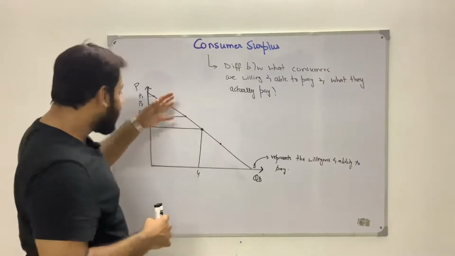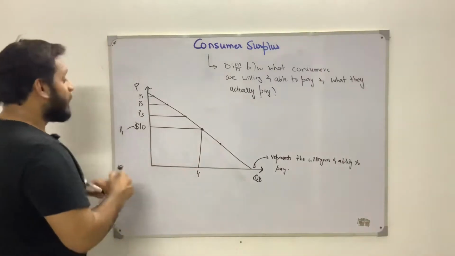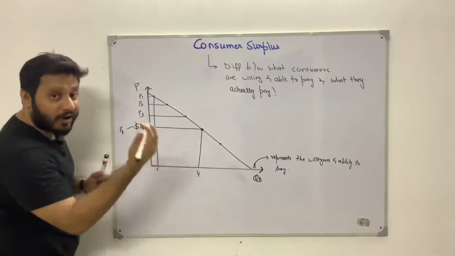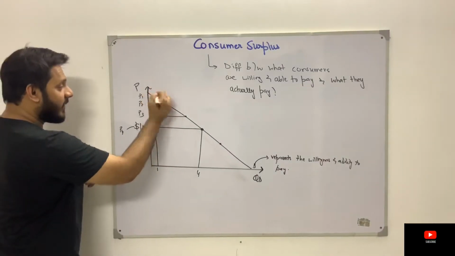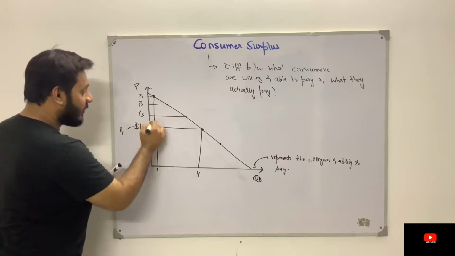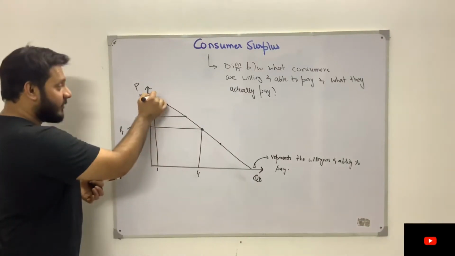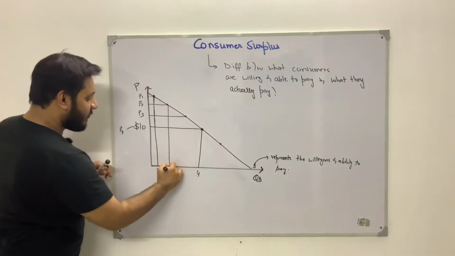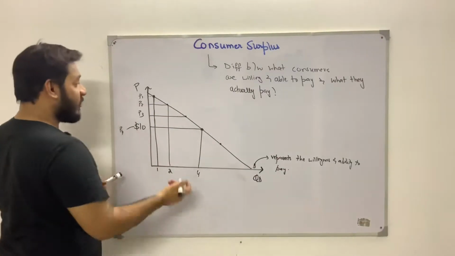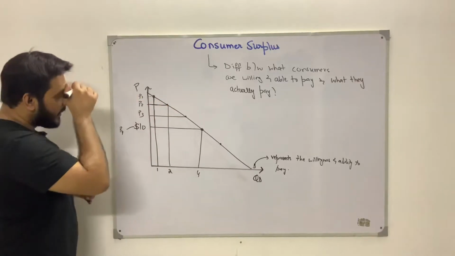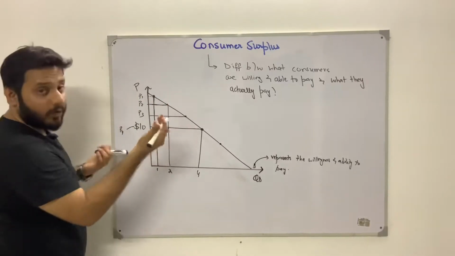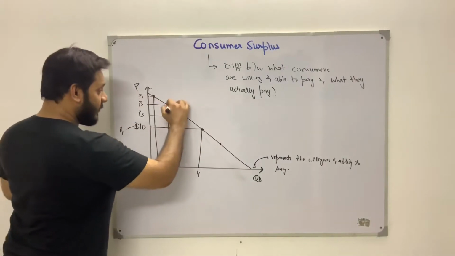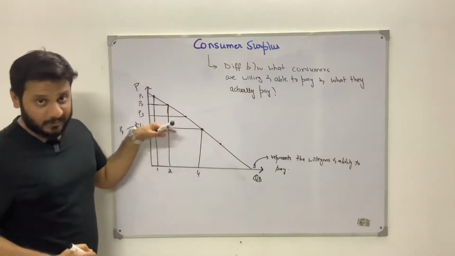So guys, now can't we calculate the consumer surplus? It's so simple, because for example, for the first unit of chocolate, the consumer is willing to pay P1 and he ends up paying $10 because $10 was the market price. So all this vertical distance becomes the consumer surplus. For the second unit of chocolate, he is willing and able to pay, let's say, P2, and the market price is $10 for that chocolate. So this vertical distance becomes the consumer surplus, right?